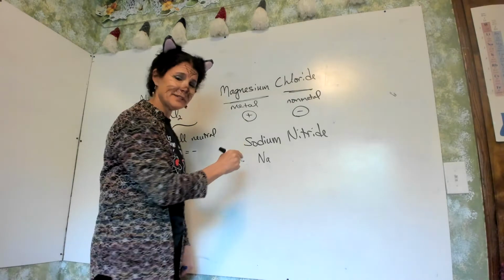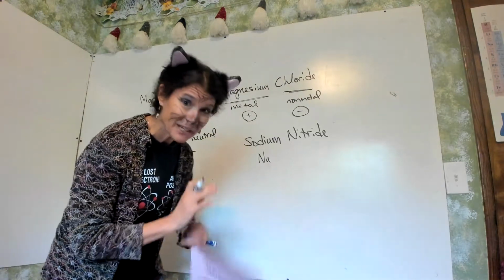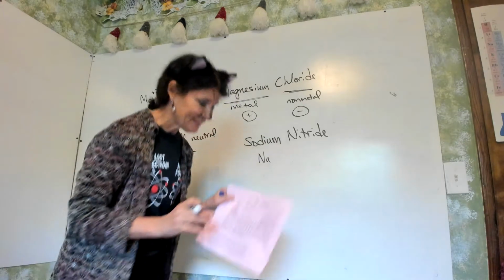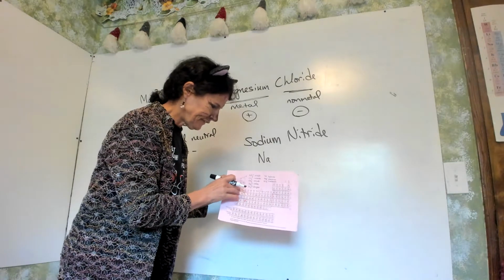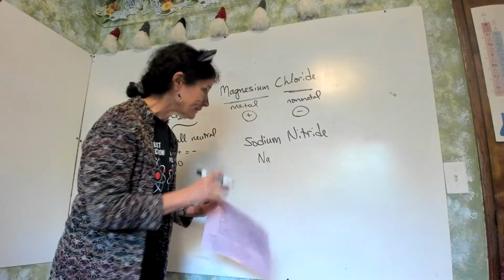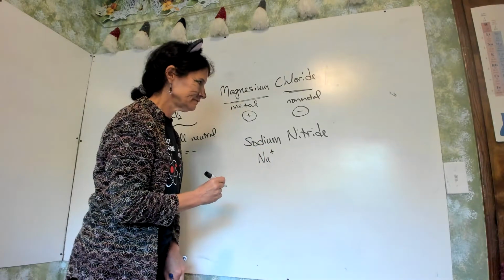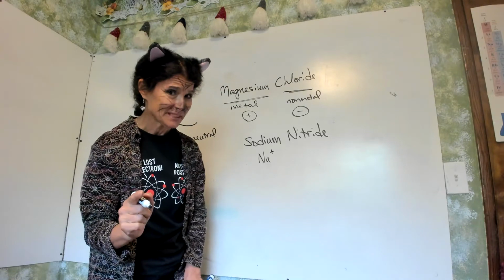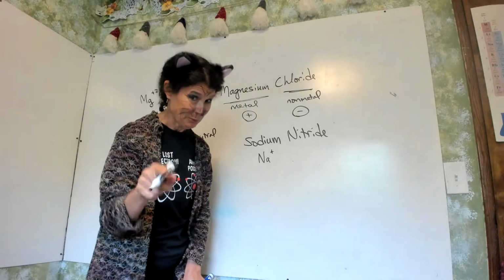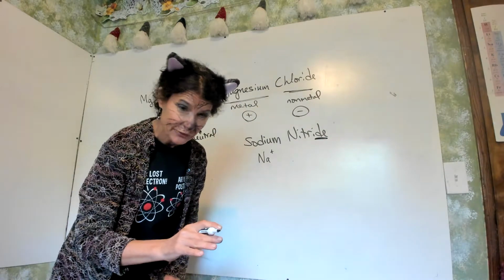All right, sodium on your periodic table. Again, when we do the homework, do your best at the homework, and we'll go through the study set. You find sodium in the first column. The 1A's are always +1. And the endings of names of compounds, we're going to go through, but we're not there yet. So don't worry about the ending. Just go with it for right now.